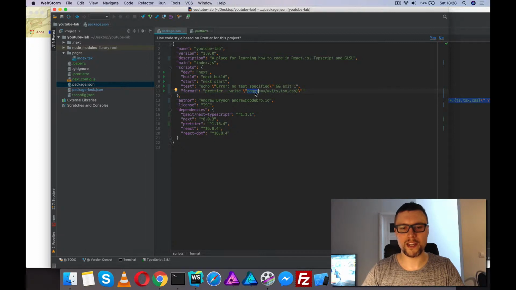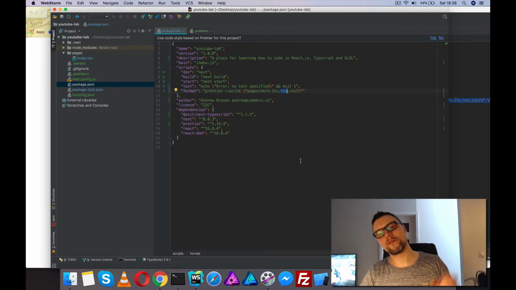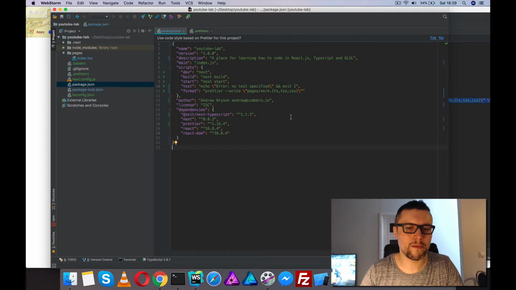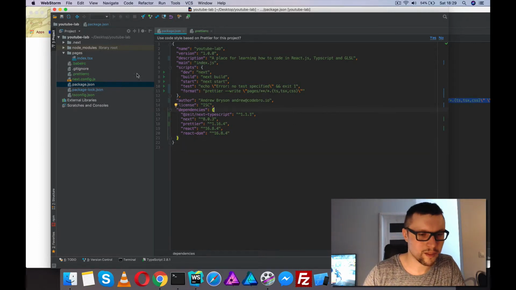And our target path, pages/**/*. The double star will target every single folder within the pages folder, and then the single star will target every single file within those folders. And then we have the extensions. Because we're using TypeScript, it's ts, tsx, and css. Maybe we won't have any CSS files, but for now we'll add that just in case, because Prettier